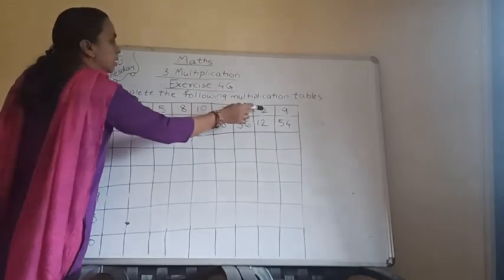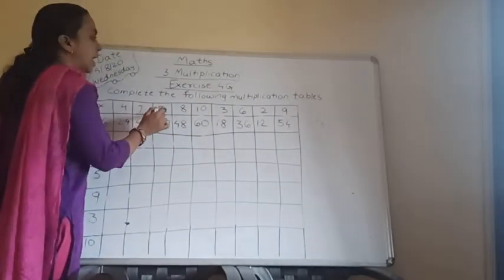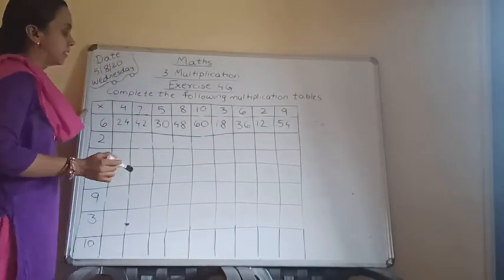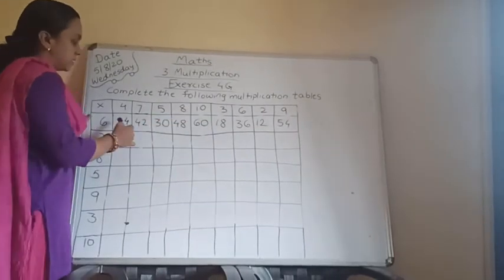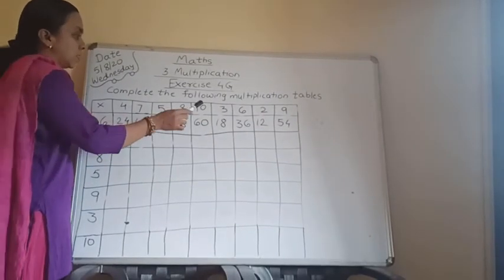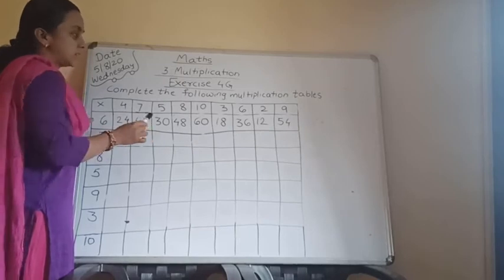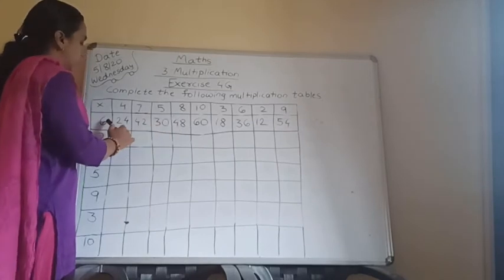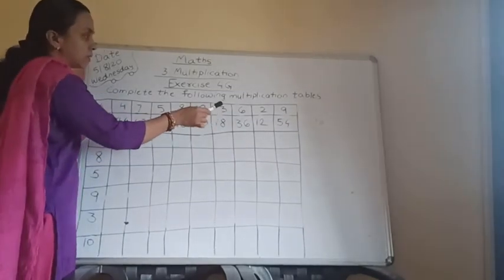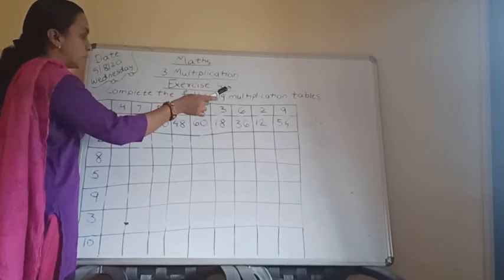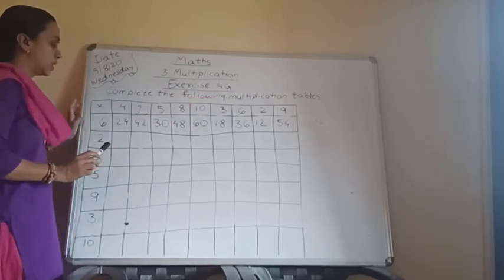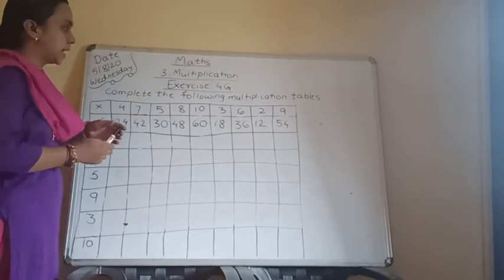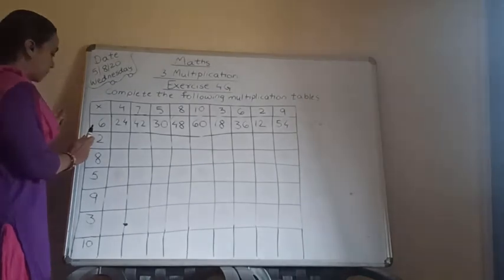See now. 2, 3, 4, 5, 6, 7, 8, 9, 10. Okay. So we cannot say this is table of 6, but we can say that this table is a random table. Okay. So we can see all the numbers are given from 6 2s up to 6 10s. So in this way we have to complete all these tables randomly. Okay, so we will start table of 2.